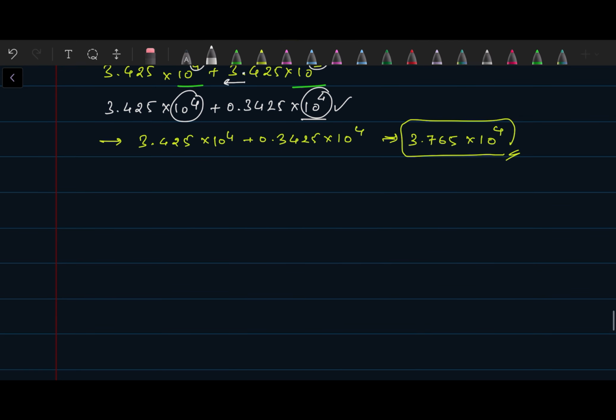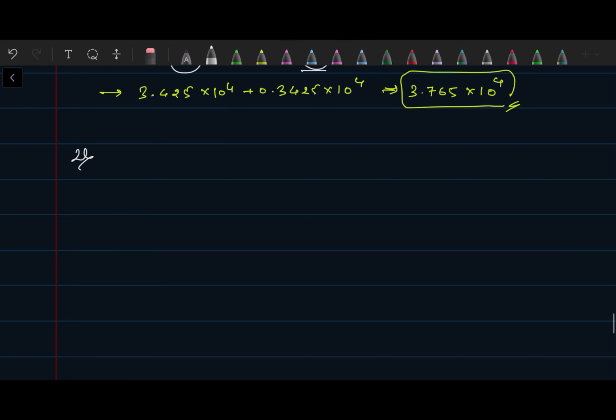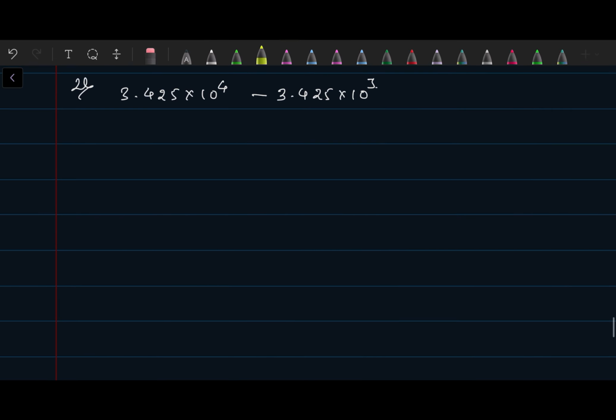Same question when it comes to subtraction. If we have the value 3.425 into 10 to the power 4 minus 3.425 into 10 to the power 3, if it is the case, then we want to solve this type of question. What we have to do, again the exponent power is not the same, so make it equal first, like 3.425 into 10 to the power, if I keep this one 4, I have to make this one 3 as a 4, means the decimal I have to shift this side, then the 10 to the power is going to become 1 plus, that is